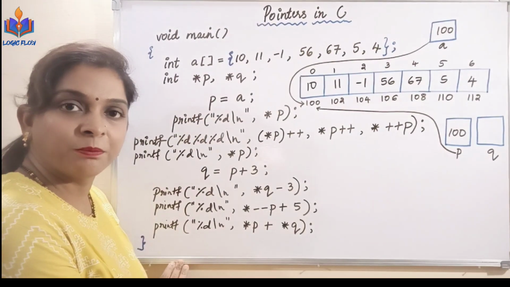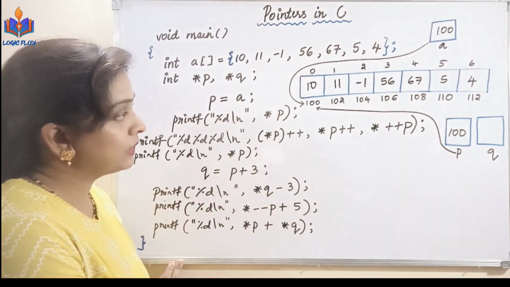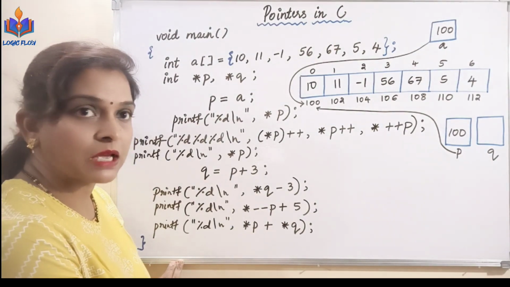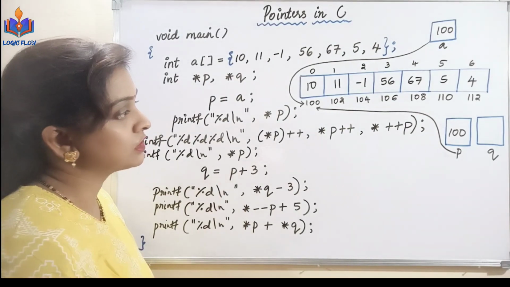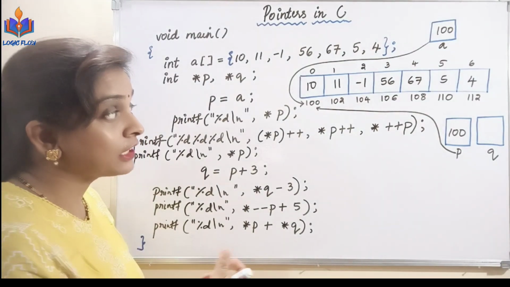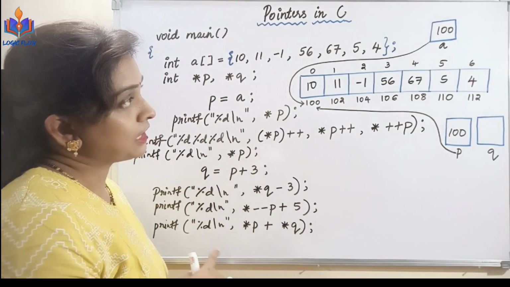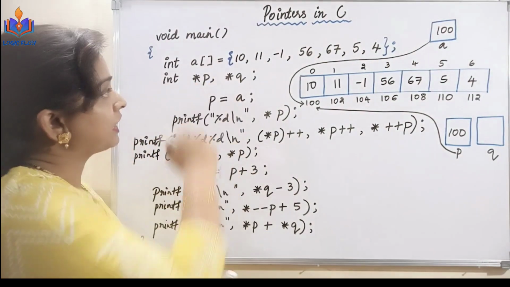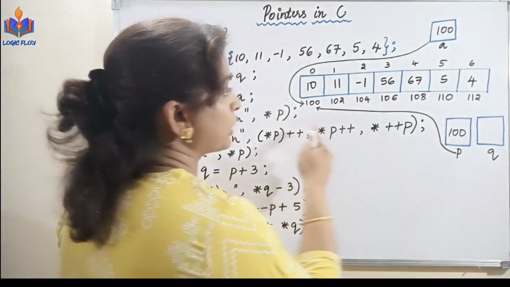So here we have a complex program on pointer increment and decrement. In most of the competitive exams, you will find these types of questions, and you need to find out what will be the output for all these complex questions. So let us try to understand this. We have an array A with all these values initialized, and I have represented the memory allocation